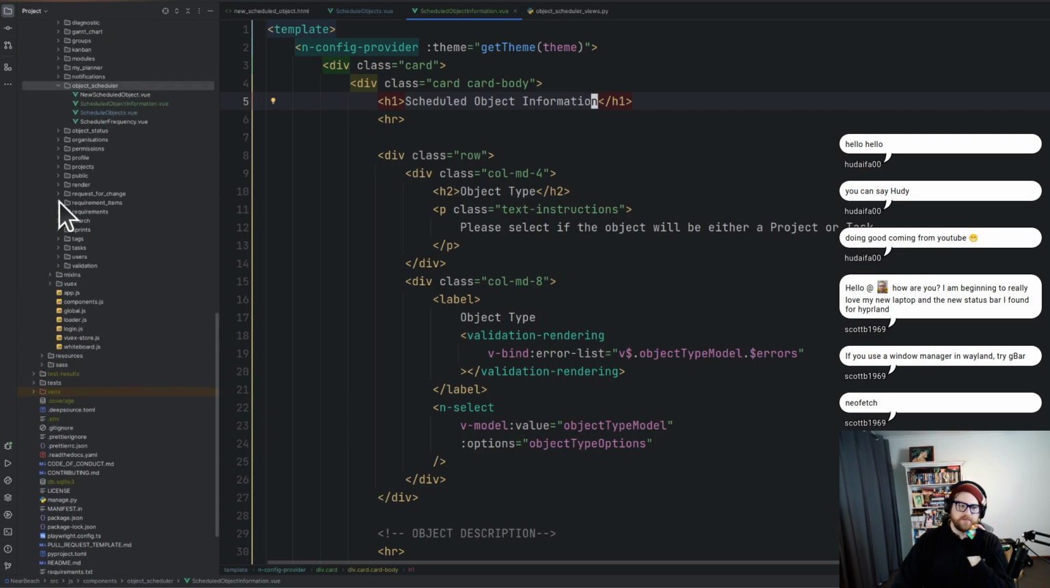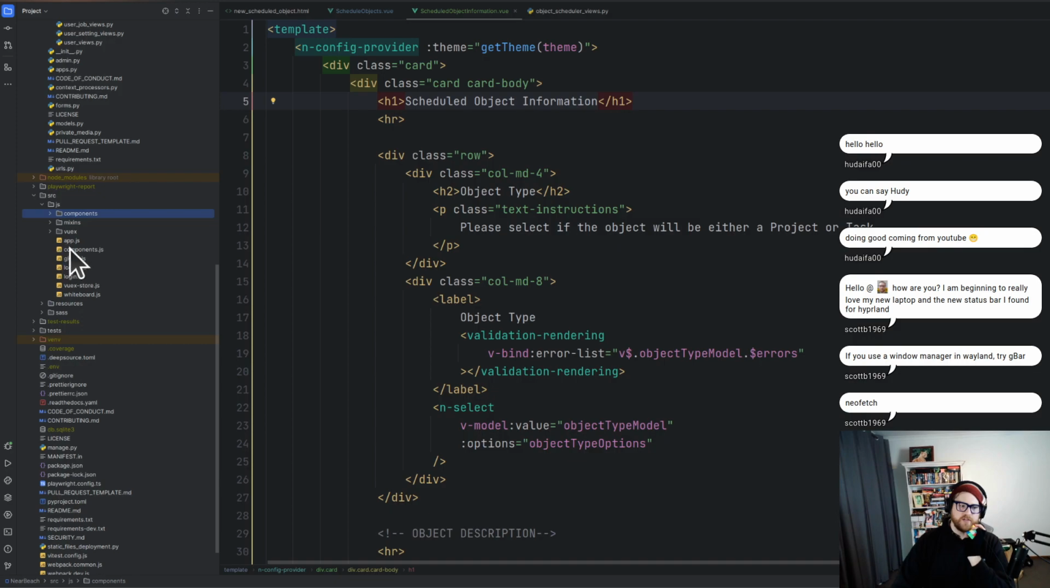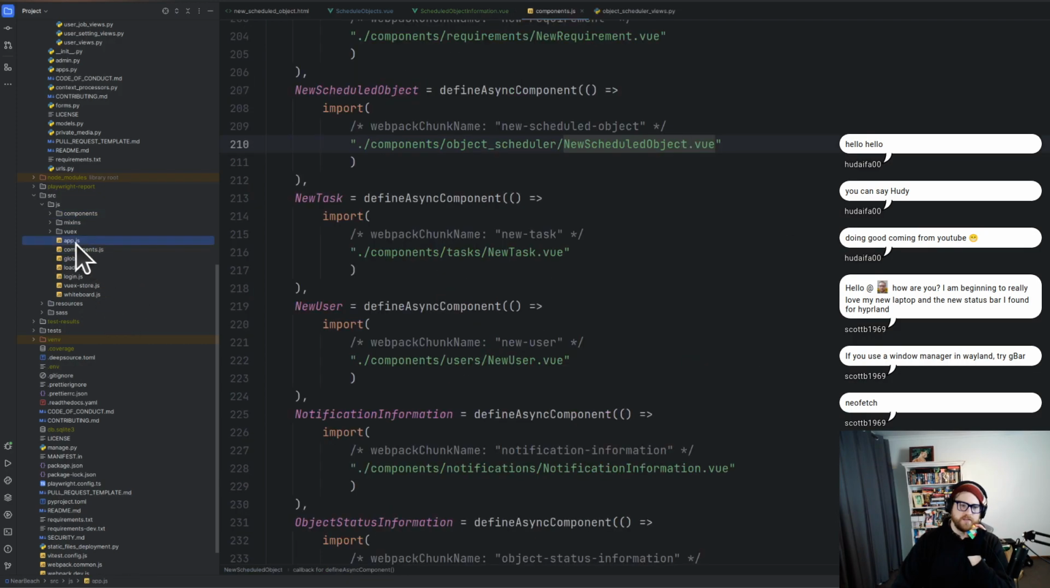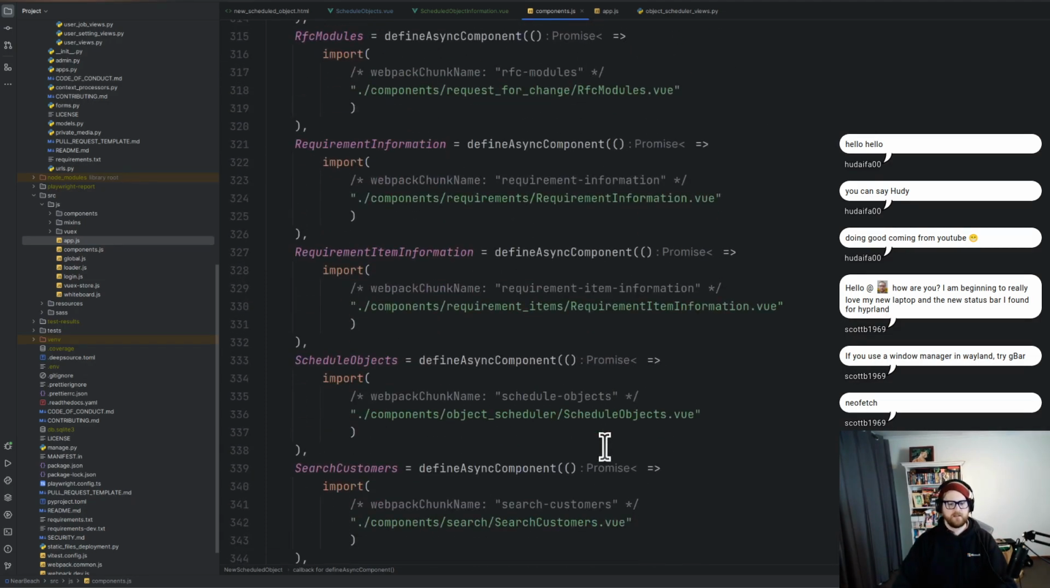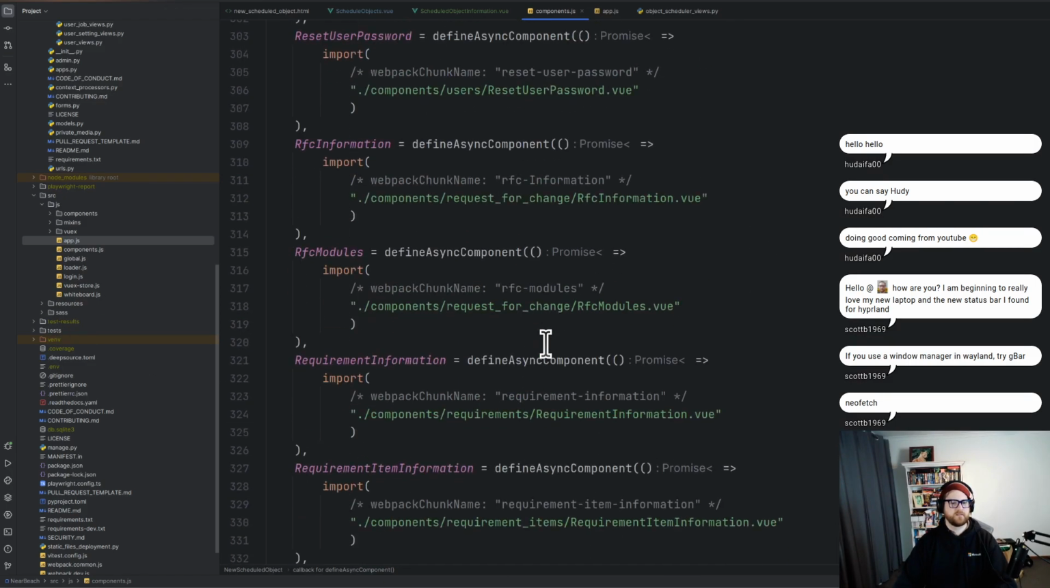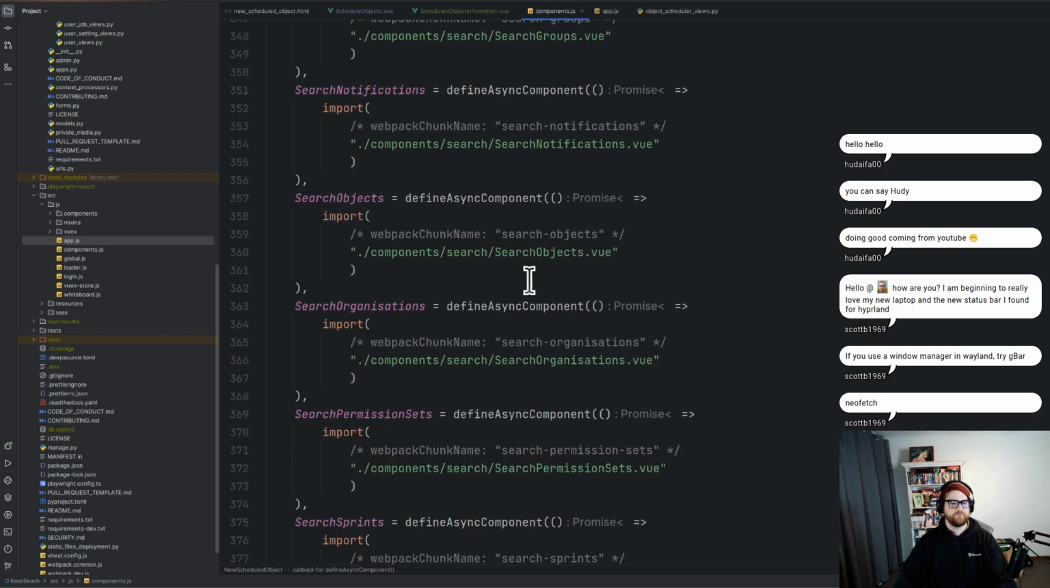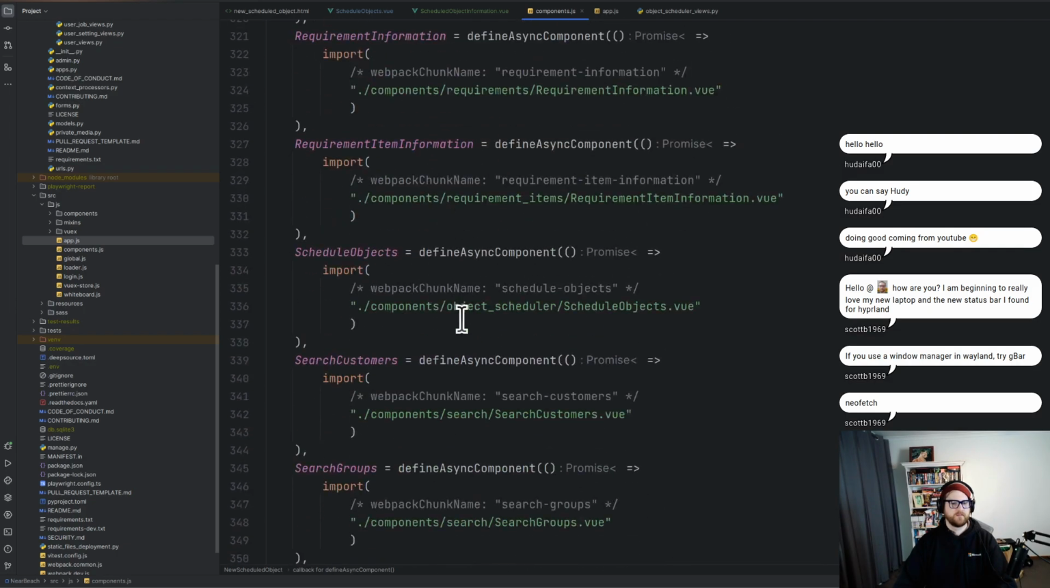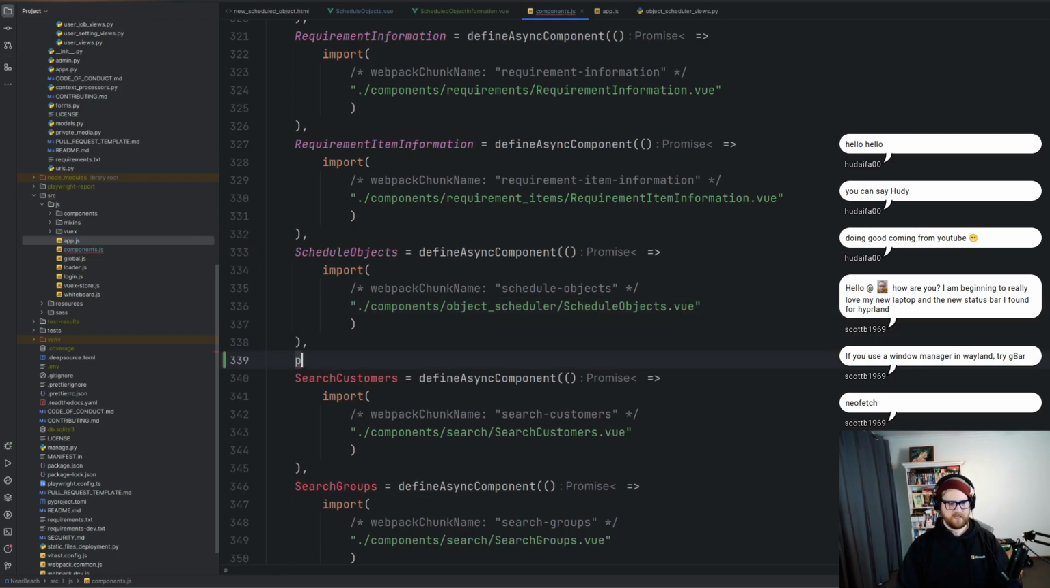So what we need to do is we need to go into our JavaScript. We need to edit our components and JavaScript. So we'll go to our components first. We need to go down to our S's. Actually, is it an S? Yes, scheduled. So we also have scheduled objects. That's, I think, is the search. So we'll have this. We'll have schedule